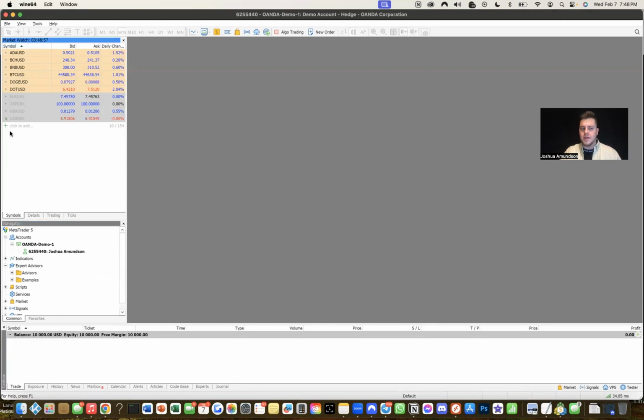Now, what we can do is right here at the top, guys, this is called the quotes section, right? Your symbols. So we can add stuff to this so we can trade. This is the same as the quotes tab on MetaTrader 5. It's the exact same thing. But if you click the plus button, we can add gold, which is